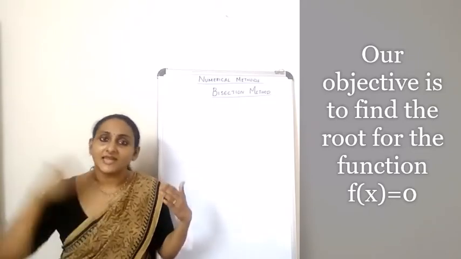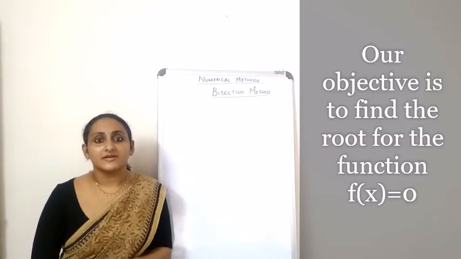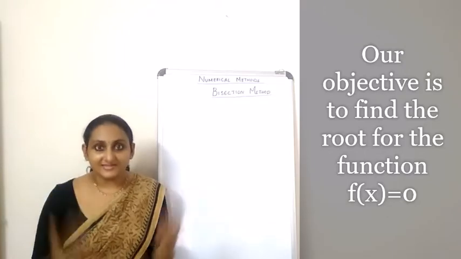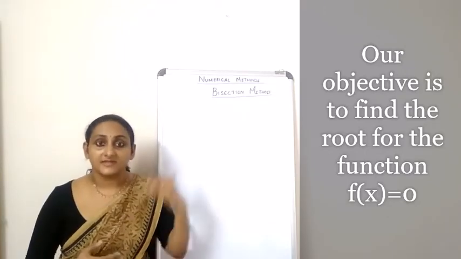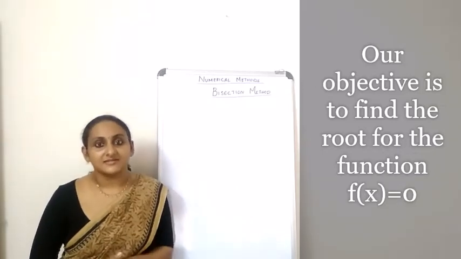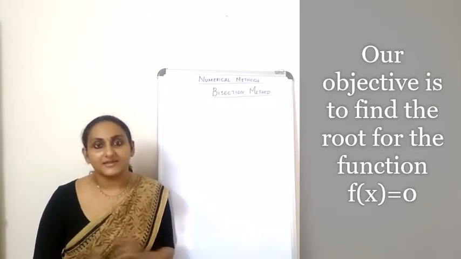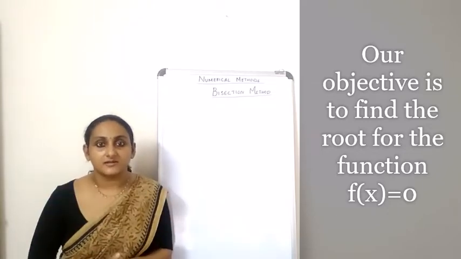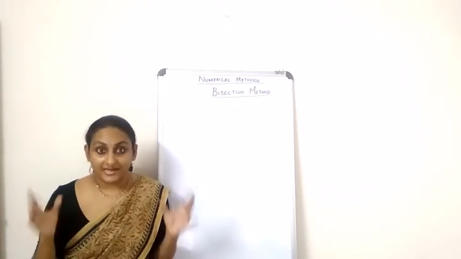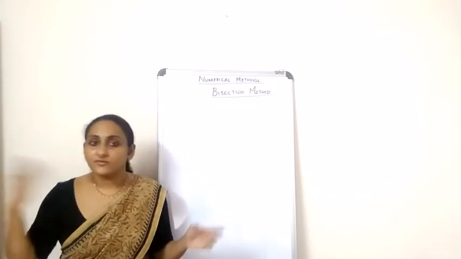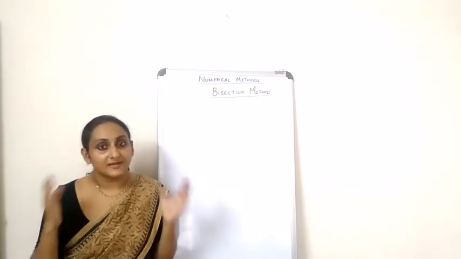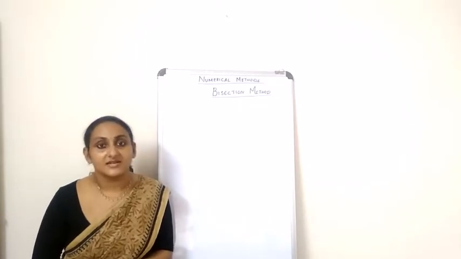The bisection method is generally an iterative method, so it takes a lot of time. It's very time consuming, and since it is iterating and there are a lot of steps involved, the chance of errors is high. So the accurate root that you might get will not be reliable at times. In that case we will move on to another method, but since we have this in our studies, we will have to study what the bisection method is all about.